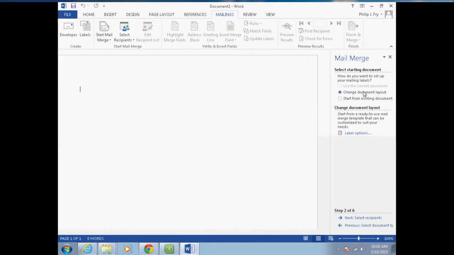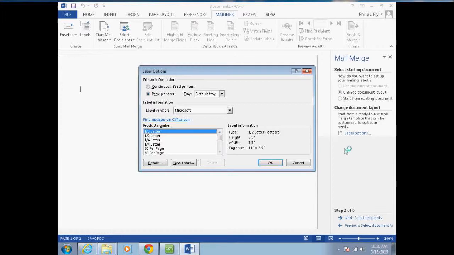No, I'm sorry. I'm going to change the document layout of the current document. I already told it I was starting from this document. And the layout means how do you want those labels? You know there are labels for file folders, labels for letters, labels for envelopes, all sorts of different labels. And what they typically have is a different listing of labels. I'm going to use Avery labels, they're most common, and I'm going to use one that says